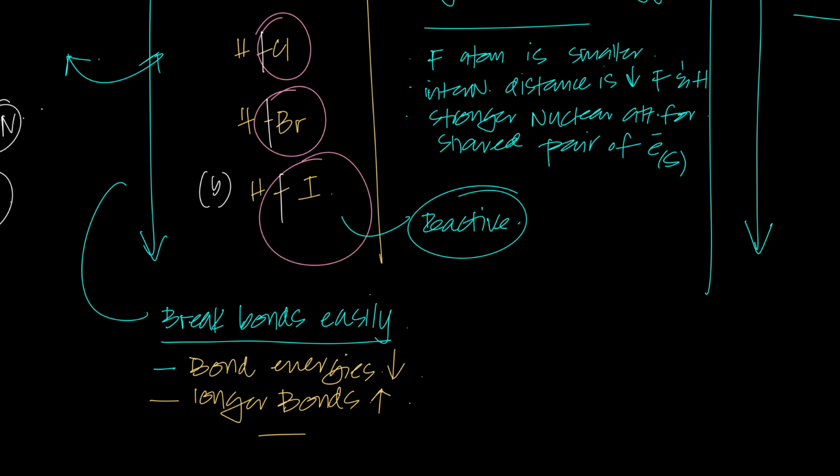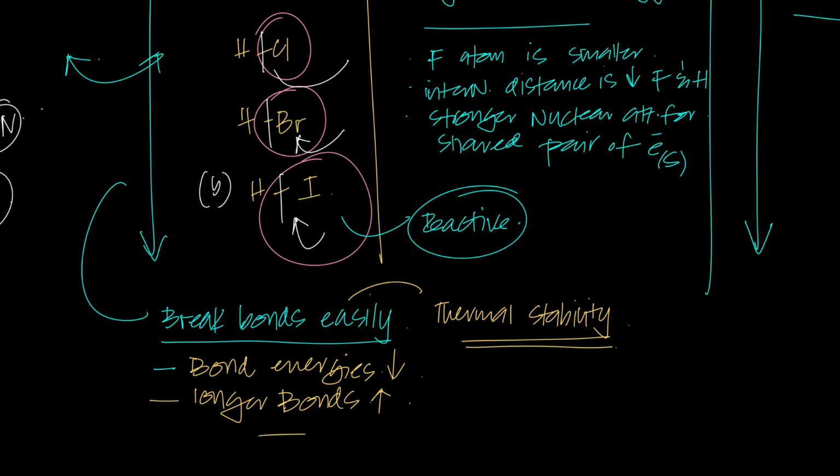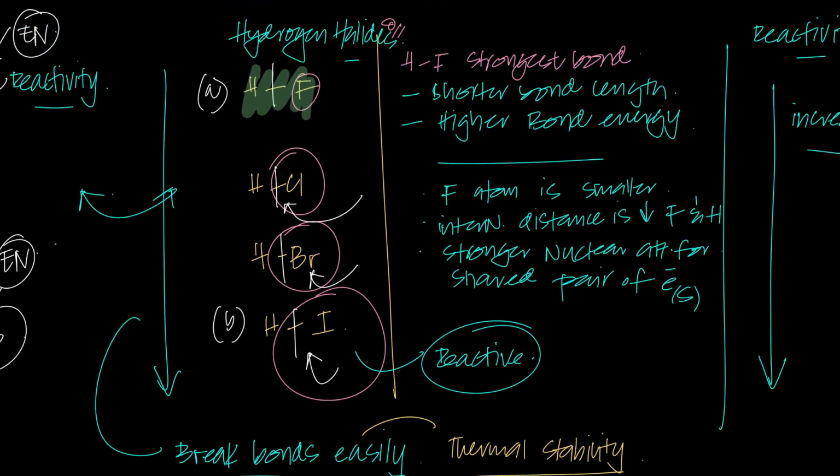Now, breaking of this bond is related to a concept called thermal stability. If you can break the bond easily with the help of energy, in this case heat energy, that is thermal stability. If you provide it with heat and it's thermally stable, it's not going to break. The more stable it is, the less the chances of it breaking. So if I look at the bonds being broken easily down the group, what does that tell me about thermal stability? I provide it with heat, it breaks, crack. I provide it with heat, pretty darn